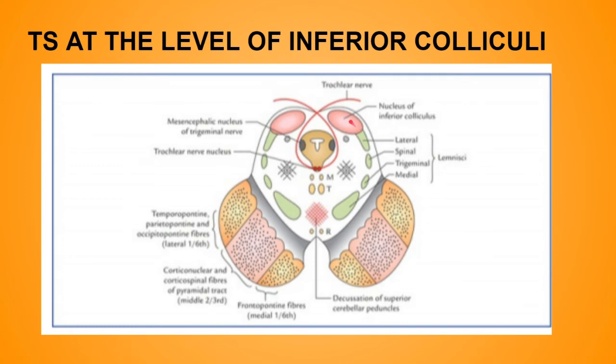Now look at this. This is the nucleus of the inferior colliculus. An ovoid mass of grey matter underneath the inferior colliculus forms the nucleus of the inferior colliculus. It receives the fibers of the lateral lemniscus and gives efferent fibers to the medial geniculate body through the inferior brachium. If you remember, the brachium is a ridge of white fibers which connects a particular colliculus with a particular geniculate body, right?